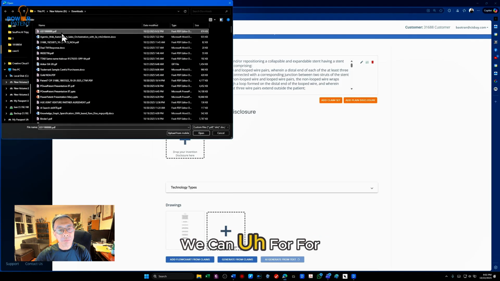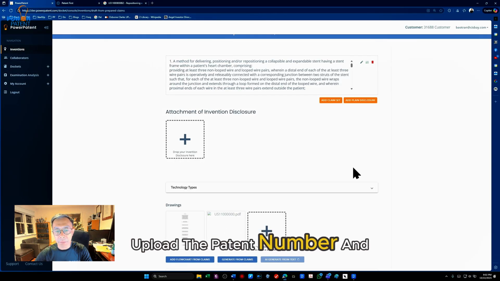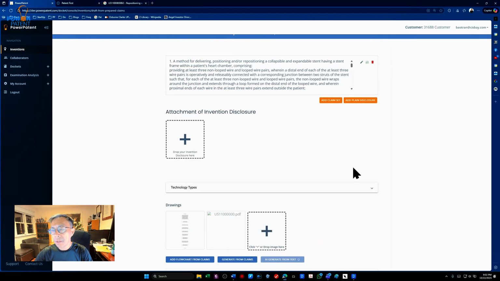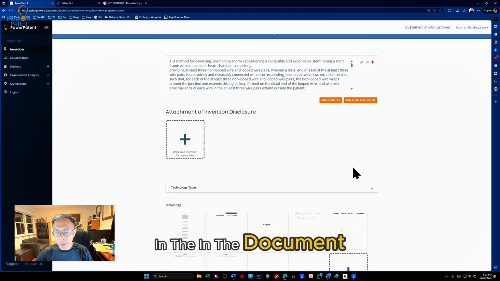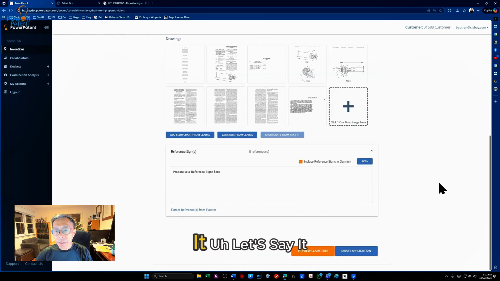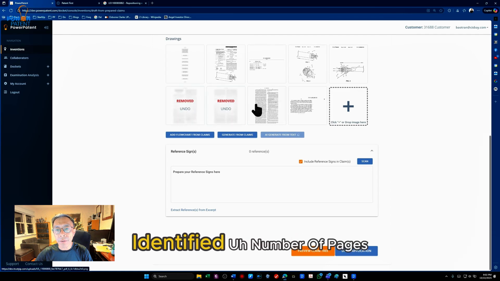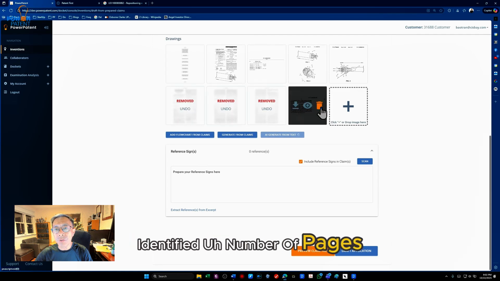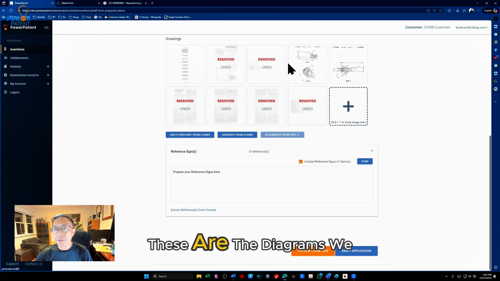For simplicity's sake, we will just upload the patent number and ask it to extract the drawings that are in the document. So in this case, let's say that it identified a number of pages, and let's say these are the diagrams we want.